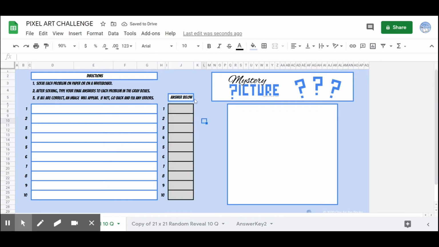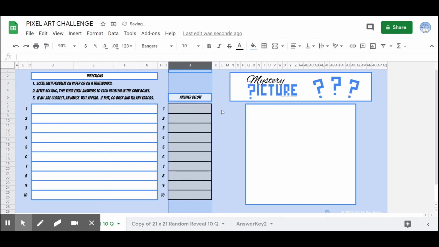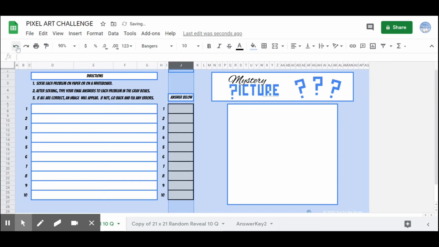If you need more space for students to write their answers, all you have to do is extend where they would answer. Okay, you can make that longer or shorter depending on your needs. I don't really need it very big. I'm going to make it a little bit smaller because I'm actually just going to do integer operations for my activity. Okay, so let's do 2